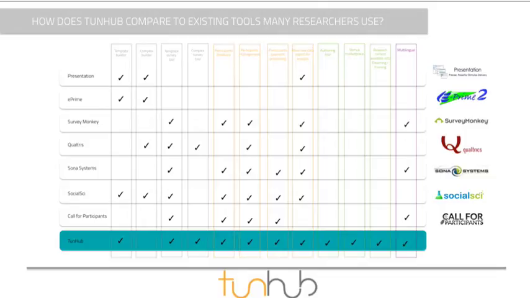Well, a lot of you have worked with, or probably are working with, several of these companies, or also with Office from Windows. For example, you've been working with Presentation and E-Prime. Some of you have been working with SurveyMonkey and Qualtrics. Some of you have been managing your research process with SONA Systems, or trying to find participants with Call for Participants. But what you see here is that each column identifies one task in this research process, and that each